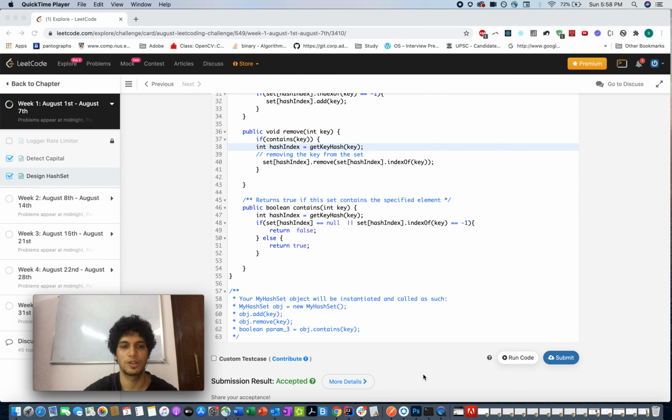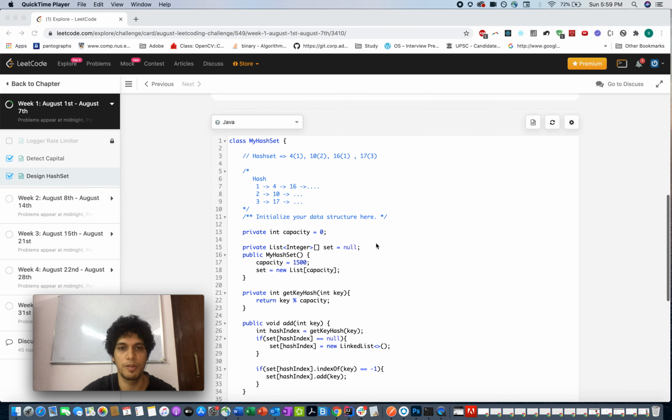So this approach also got accepted, and let's talk about the pros and cons of the first approach versus the second approach. The first approach was memory extensive, while this approach is time extensive whenever there is collision. So as I told before, whenever there is collision or the hash index of multiple keys matches, you have to iterate through the complete list and check whether the key is present or not.